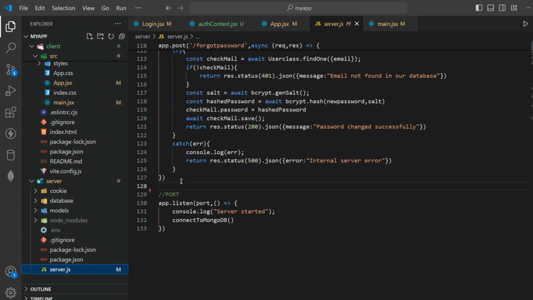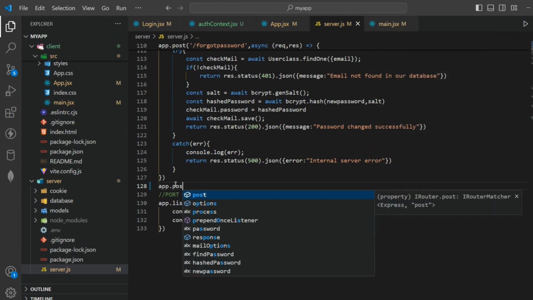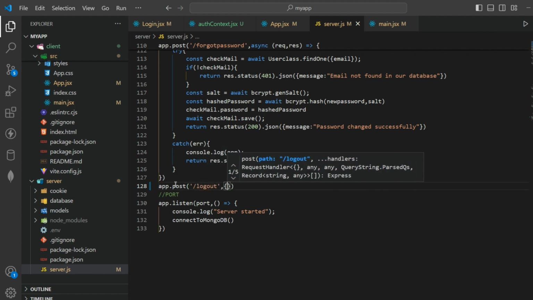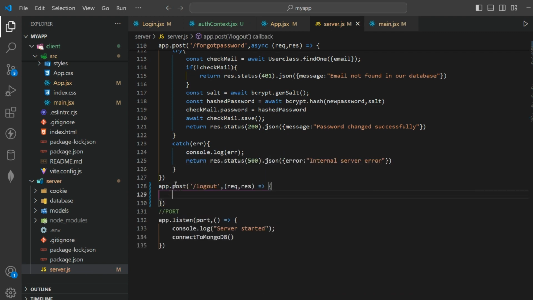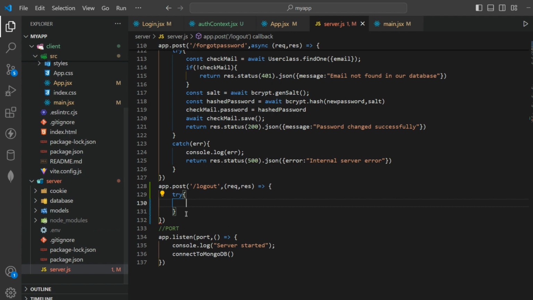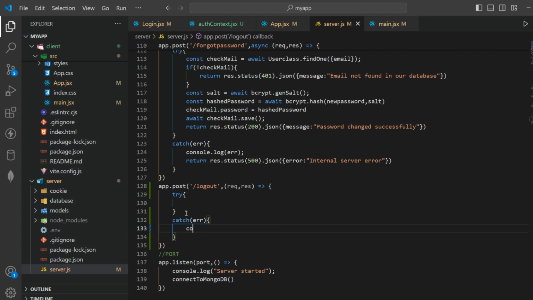So inside this, we are going to create another route for managing our logout button. I'm going to give the route name as logout, and then it will take an arrow function with request and response parameters. Inside this, I'm going to write a try catch block. Try, and if there are any errors from the try block, we are going to catch those errors and handle the error